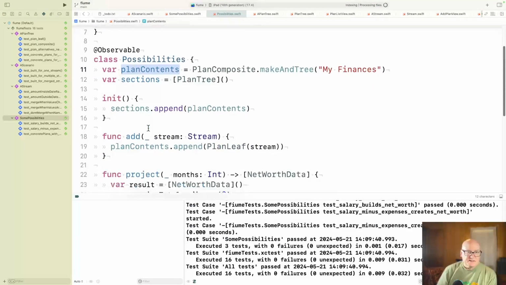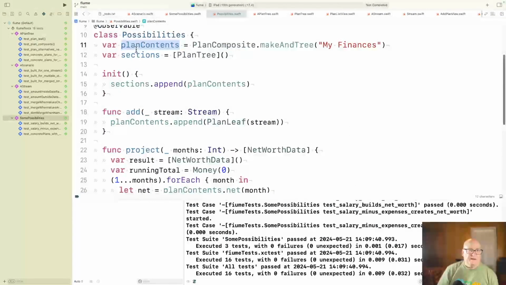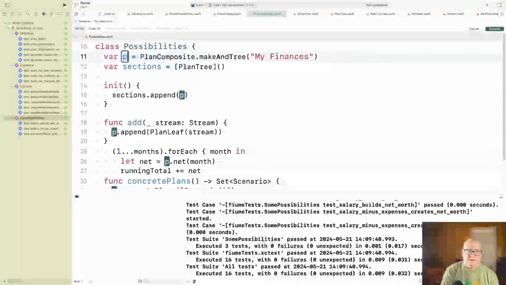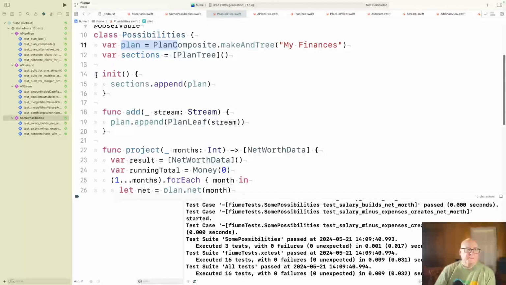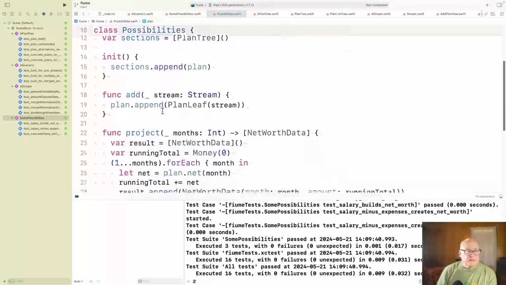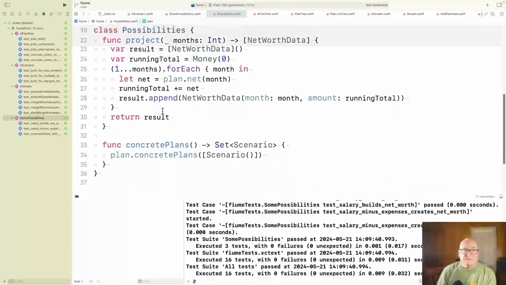Plan contents, I think maybe it could just become plan. Okay. Plan and sections. Okay, that seems reasonable. Project.